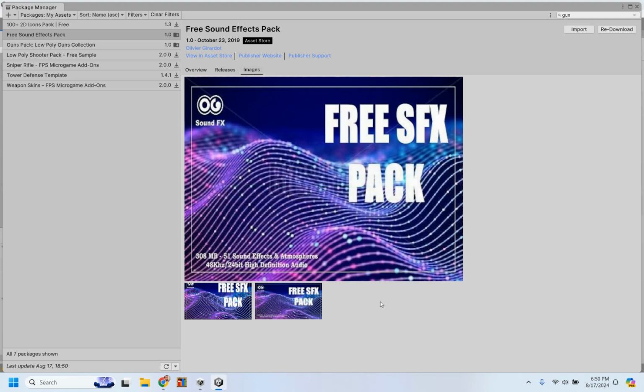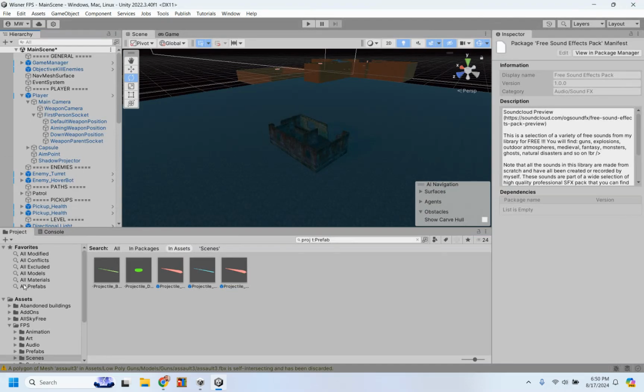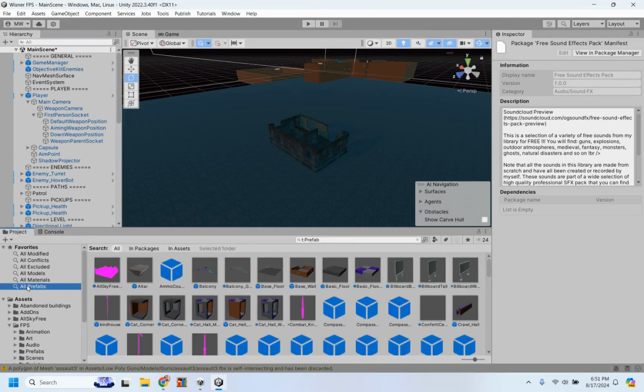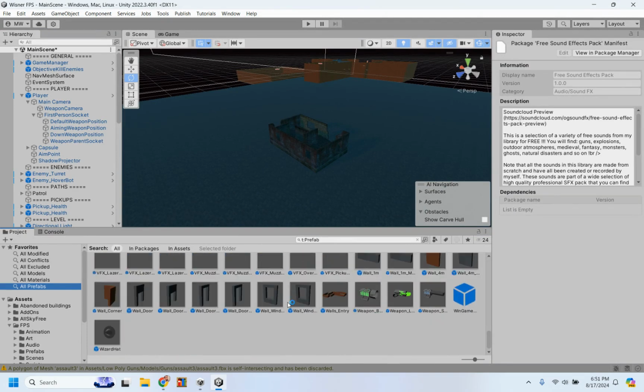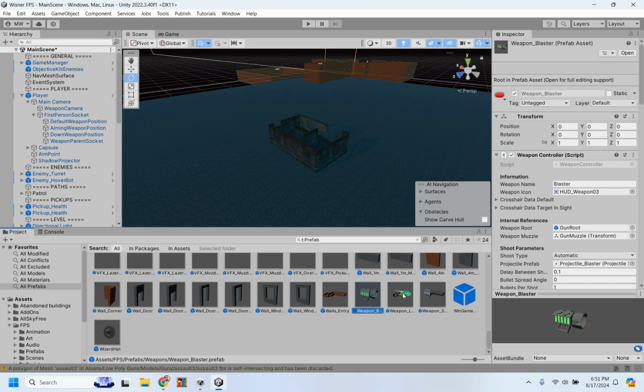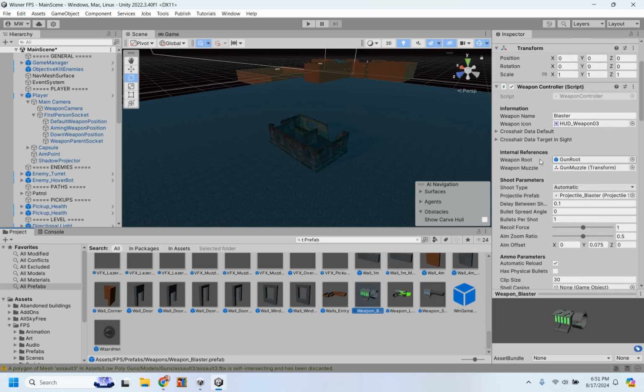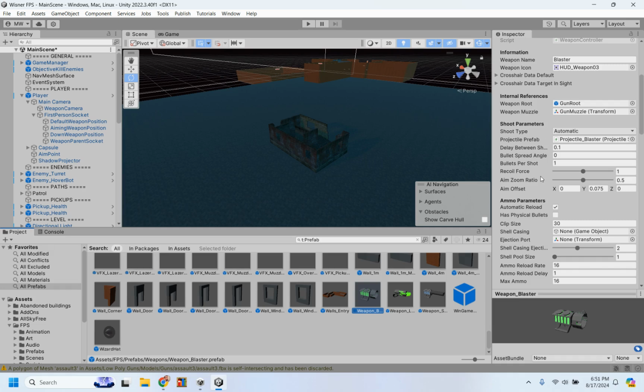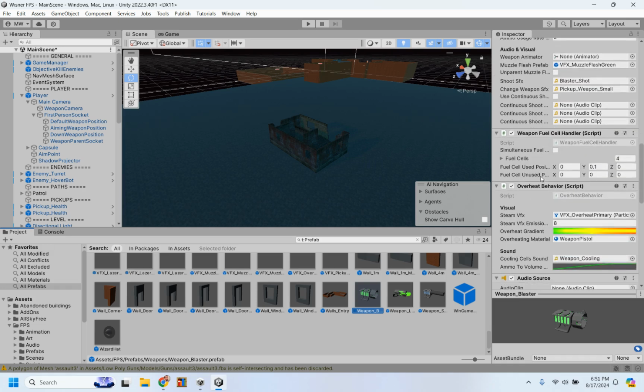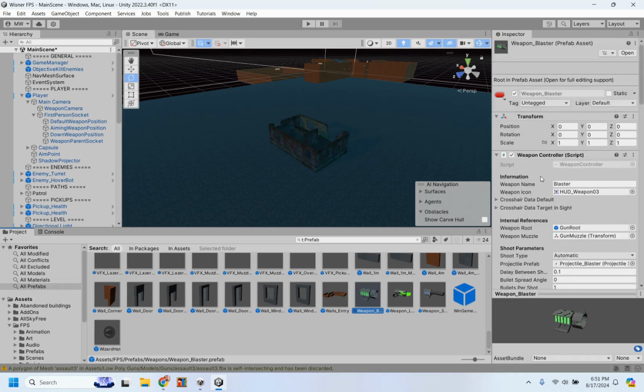as we do that. In one of the previous videos, I did show you guys that you can edit weapons. So if you go to all prefabs and then go down to where it says weapons, these are the pre-made weapons. There's 3 different ones. There's the blaster, there's the launcher, and there is the shotgun. So you can edit any of these simply by changing their stats. And there's a lot of stats you can change. So you can certainly just edit one of these if you want to, but I'm going to actually create something